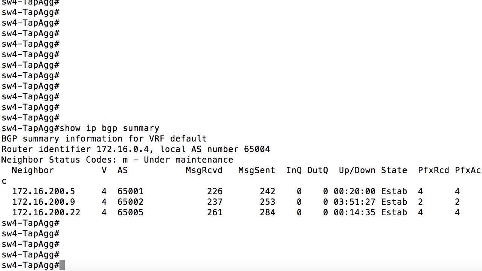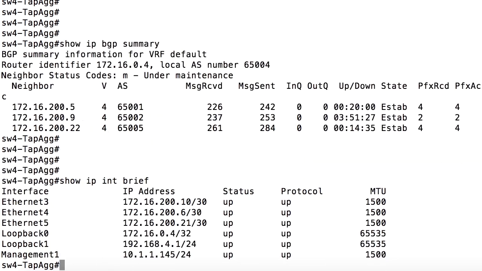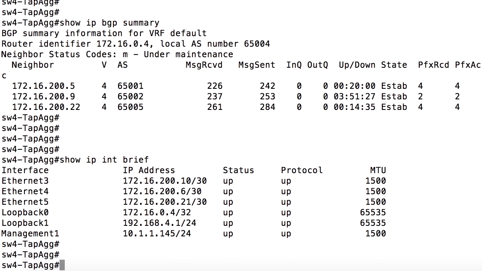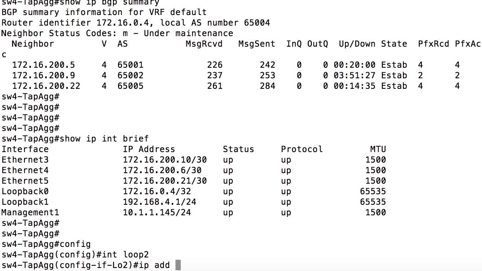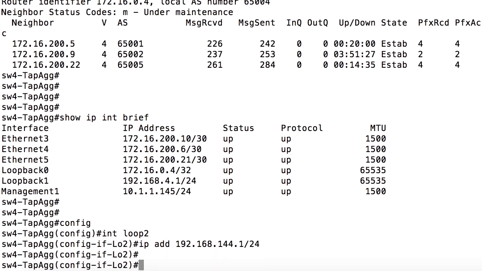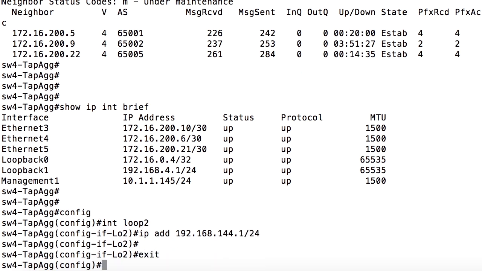On switch 4 in our lab, let's add another loopback interface and a static route to demonstrate both options. If we issue the command show IP interface brief, we can see the IP addresses that we currently have. Let's add another interface, interface loopback 2. Config, enter, interface loop 2, enter, IP address 192.168.144.1/24. And then let's also add a static route, IP route